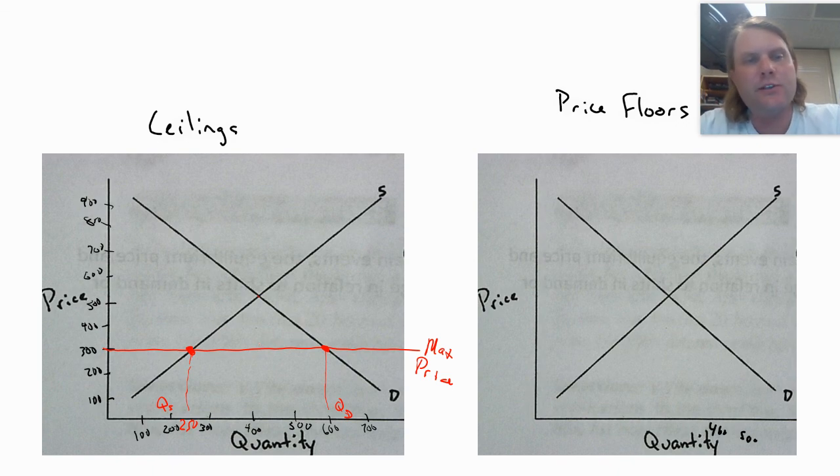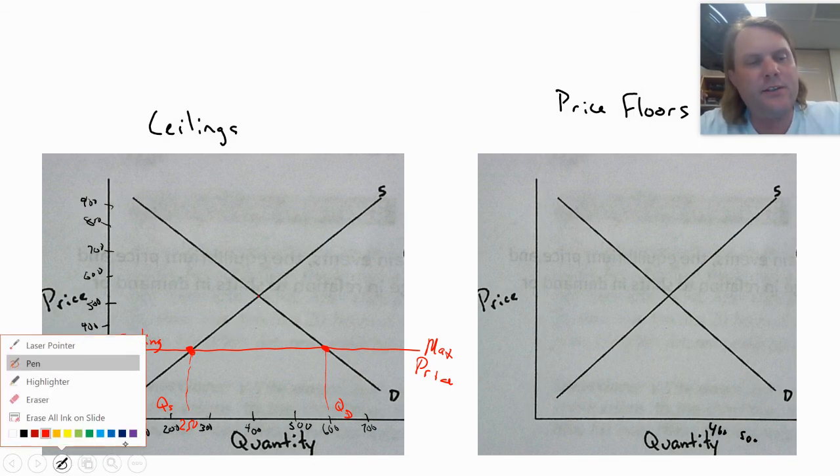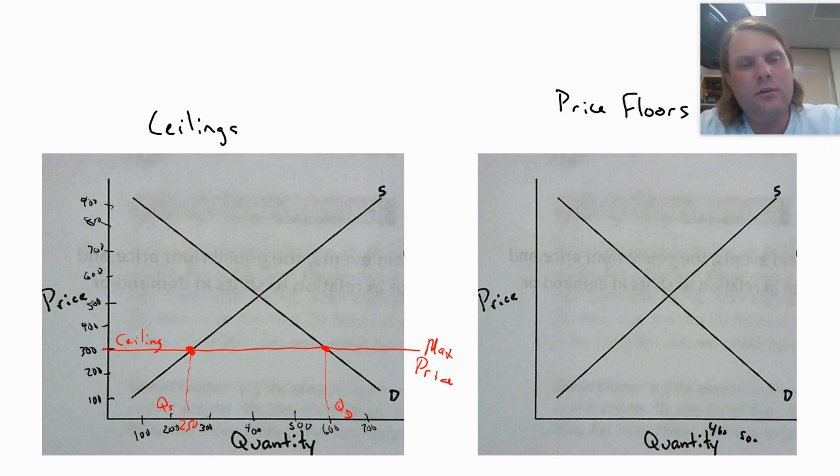Notice our price ceiling. It plays a trick on our brain, right? Because it's down below this equilibrium price. But at the end of the day, we get the same result as our shortage of goods. We have our quantity demanded bigger than our quantity supplied, and we've got a shortage of goods,